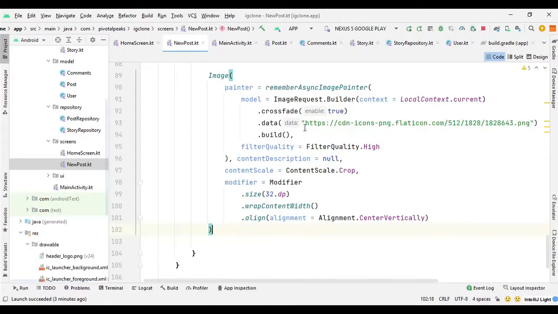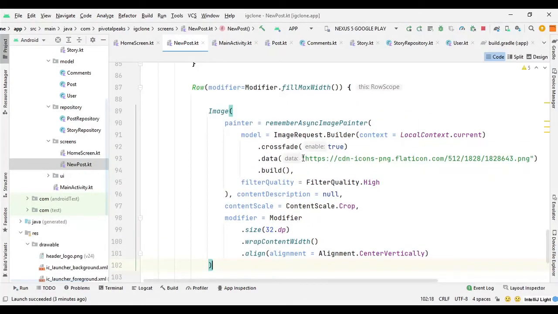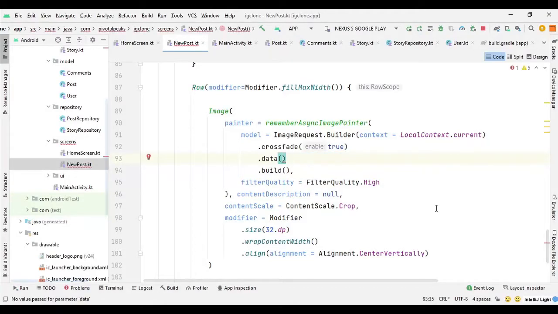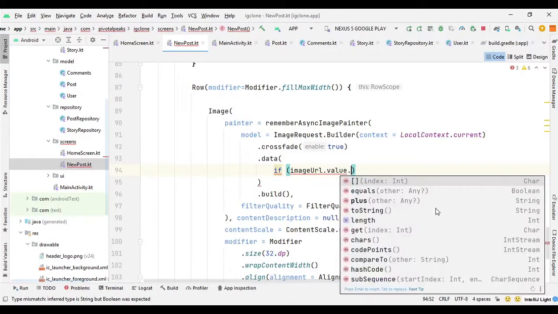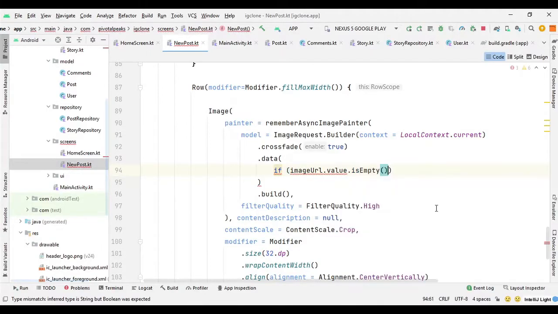So here in data we will use an if else statement actually. So for data we can run an if else statement. So we can say that if image URL has any value, so we will check it by saying image URL dot value dot is empty, or we can run it is blank.